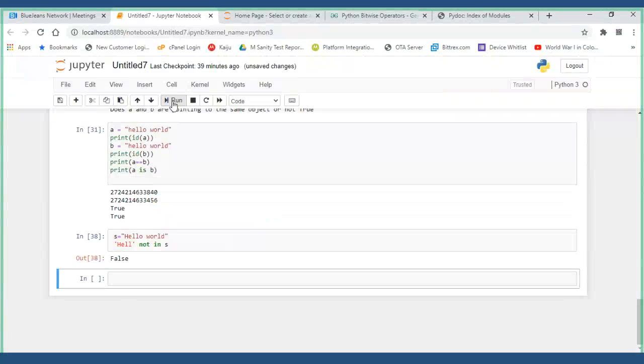Now, guys, is this one clear or not? Before we proceed, the membership operators, we have almost finished them. Then we are going for modules, all the basic level modules we'll be discussing. Till here, everything is clear or not?